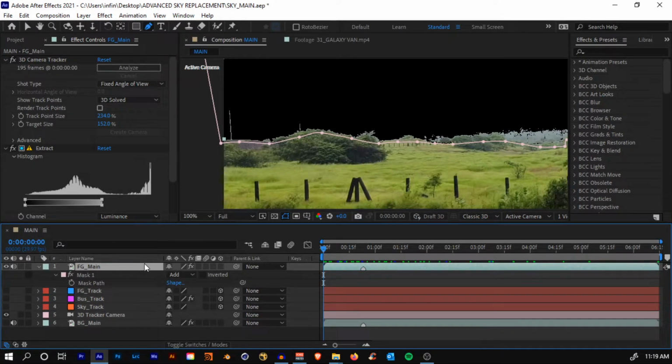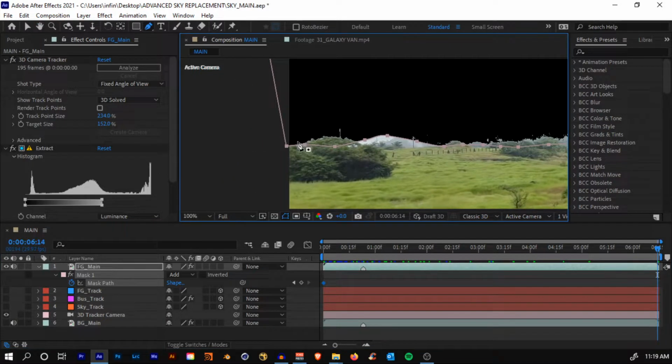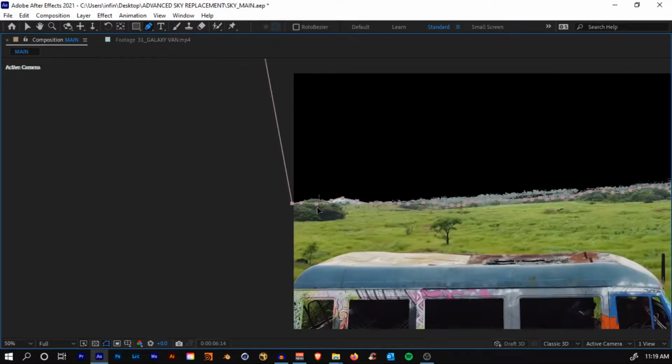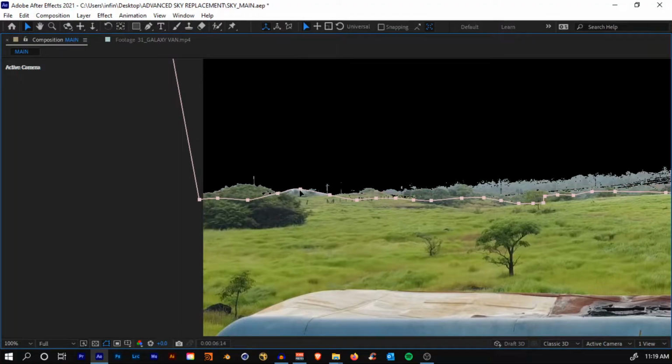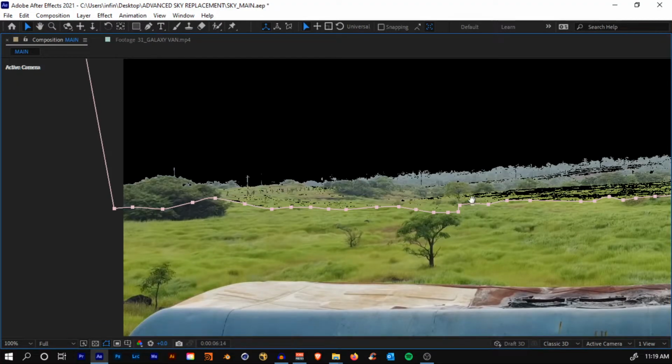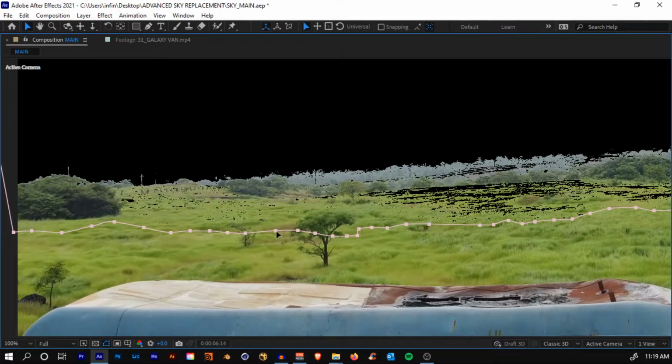So hit M on your keyboard until you see the mask path and click on the stopwatch icon. So here is the first keyframe. Now you can go to the end of the timeline, and now many people are always confused with this. Go back to the selection tool or hit V on your keyboard to change this pen into a cursor, and now if you try to pull this point right there, you'll see that you are moving all the points. I was also annoyed in the beginning when I was learning. I was like, I want to move only one point and all these points are coming. So don't worry about that.